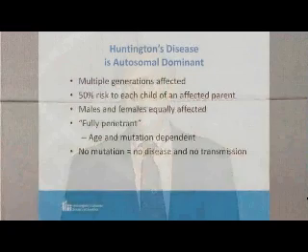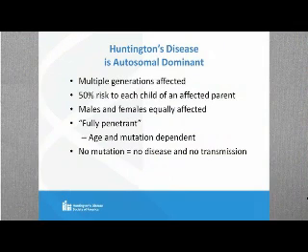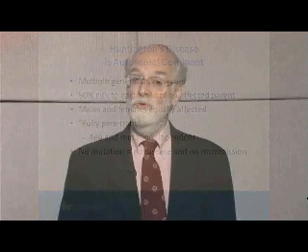What do we mean by autosomal dominant inheritance? The characteristics are that multiple generations are affected. If you have Huntington's disease, the risk to each of your children is 50%. Males and females are equally affected, and it is called fully penetrant. That means if you have the mutation for Huntington's disease, you will develop the disease if you live a full lifespan. If you do not have the mutation, you will not develop the disease, and you cannot transmit it to